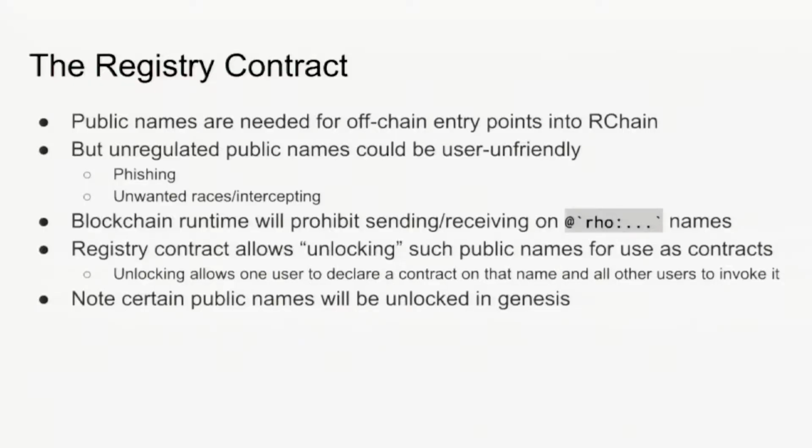So unregulated public names would be user-owner friendly, and that's why at the moment they go to the circular file. We won't prohibit it. It actually could be useful. We will record and then discard writes to public names. So you could write to a debug channel and then watch the blockchain, and we will record the fact that you sent to the debug channel. We just won't do anything with it.